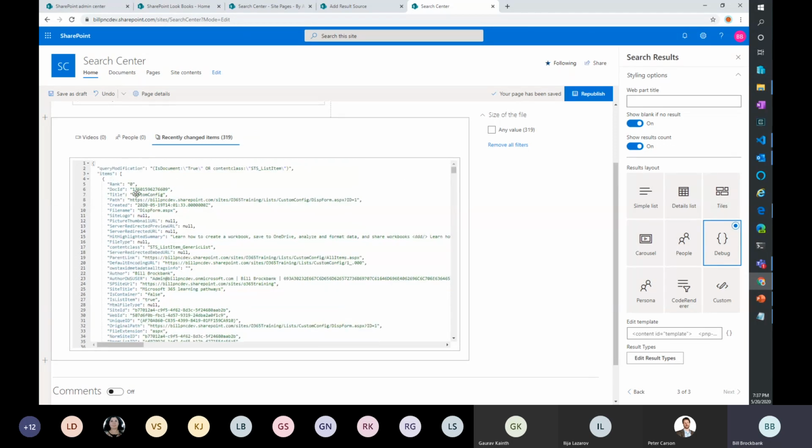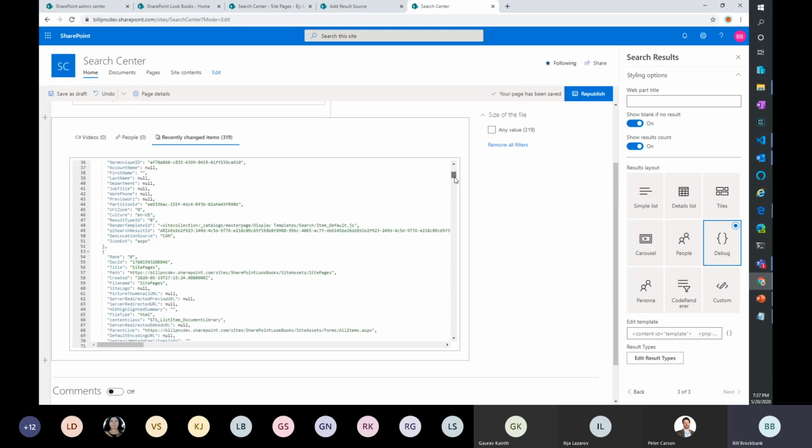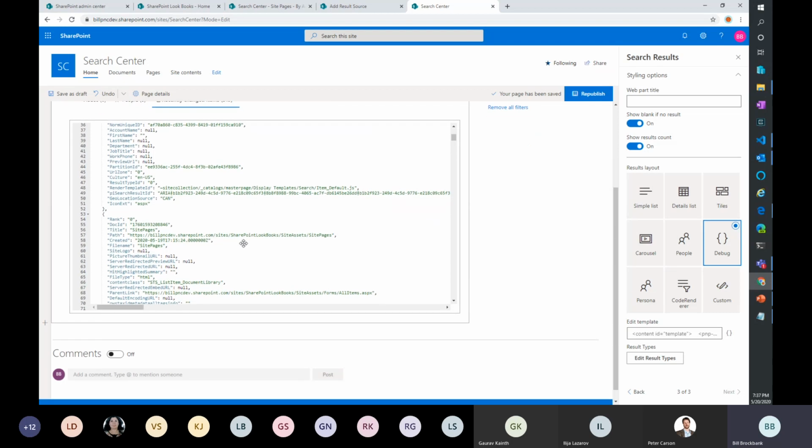You'll see there the title, the path that it's in, the file name, logo if there's one. These are null, and there's a way to test for that in the if conditions. You can test for null, so you can decide whether you're going to render something or not. Parent link, all the standard stuff you'd see in any search query is coming back. And any fields that you add to it would also be showing in here. So this is all available for helping you build out your stuff, and then you can take the fields over and use them. I would say grab a copy of this and put it in a JSON markup, and then you'll have it as a reference.